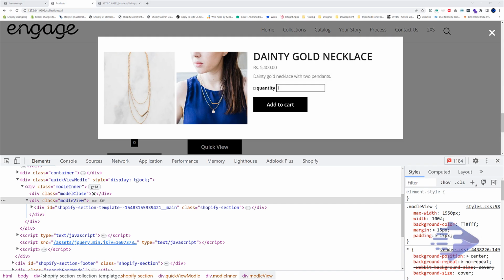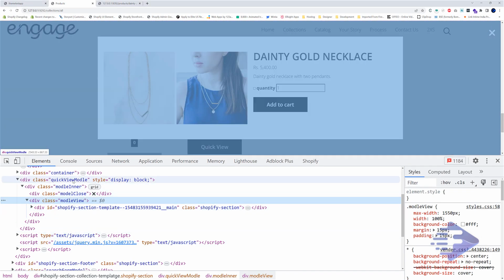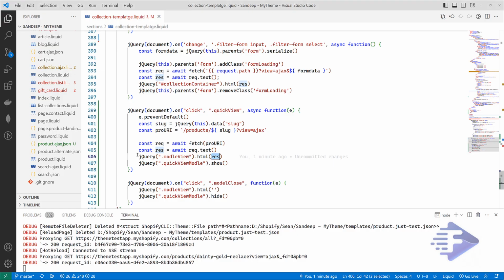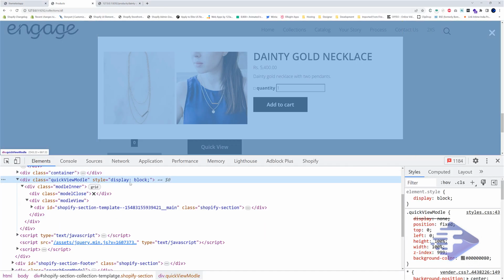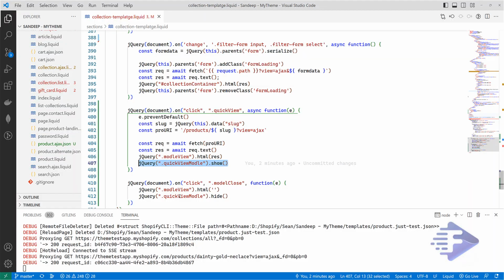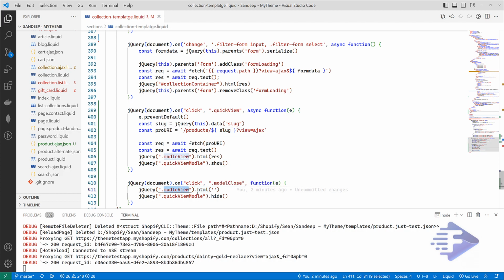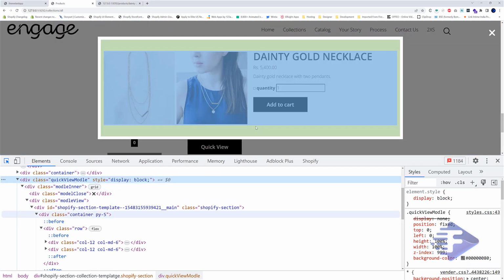And then by default our quick view model is hidden. Once everything is set up in our model view, I just show the quick model view. And the same thing when I close it: first I remove everything from our quick view. Just a second, let me show.